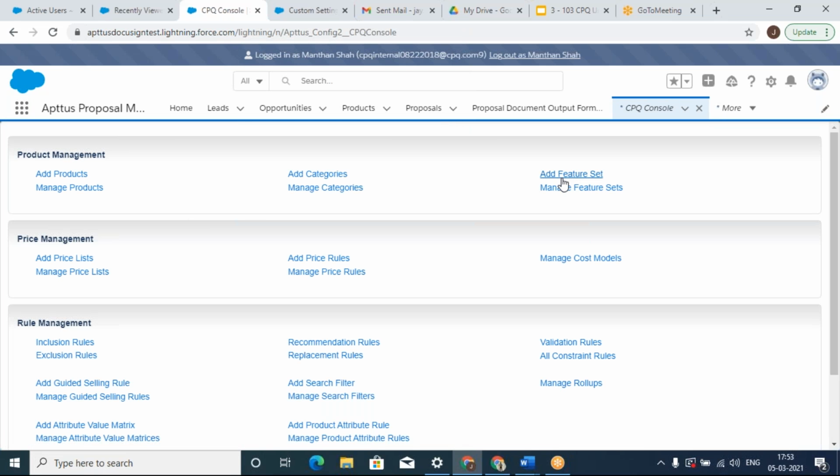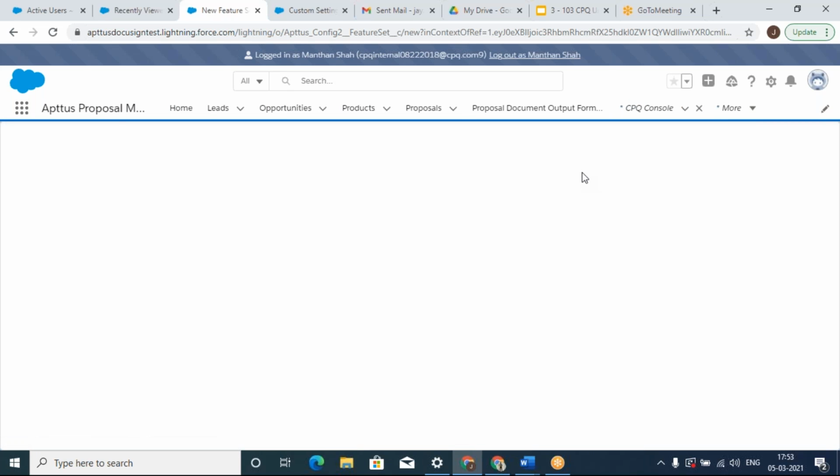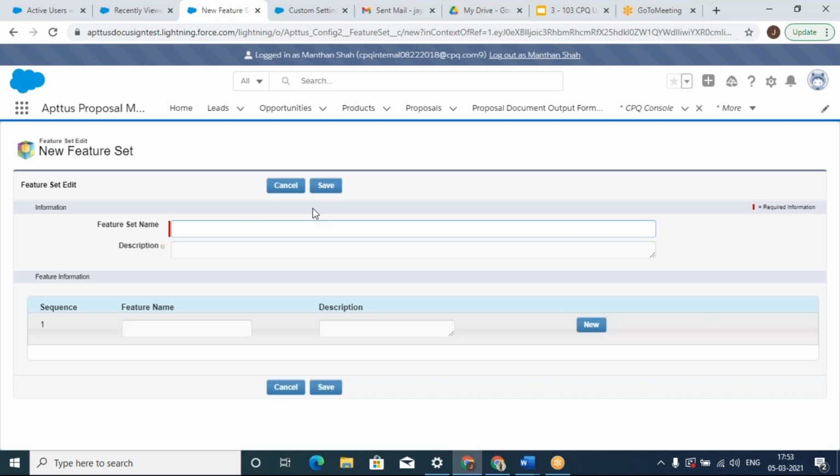Under CPQ console, we have an add feature set link. If we click on add feature, here we can add a new feature. Features are something that you just have to create. So if it is like the iPhone features, I can just give it a feature set name, and then I can put in the screen size,